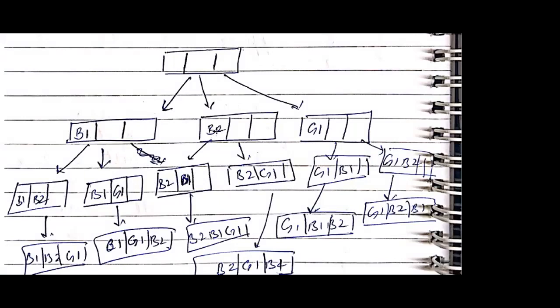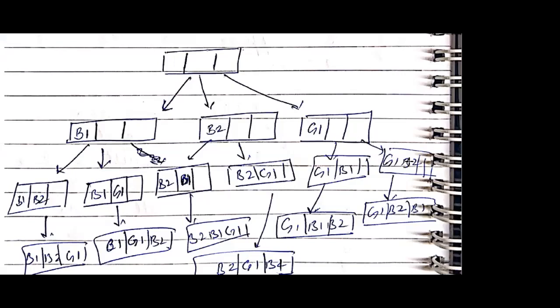Now with B2, we again have only 2 options. If we start with B2, in the next slot, if we want to place boy 1, we place B1. Instead, if we want to place the girl, we place G1. After placing this, the last slot is empty. Now our third choice: suppose we place the girl at the first slot. For the 2 remaining slots we again have 2 options: either we place boy 1 at the second slot, or boy 2 at the second slot denoted by B2. So this option has further 2 choices.